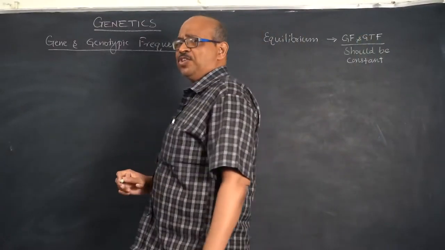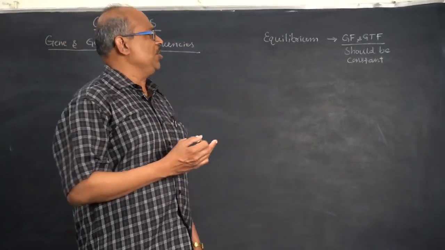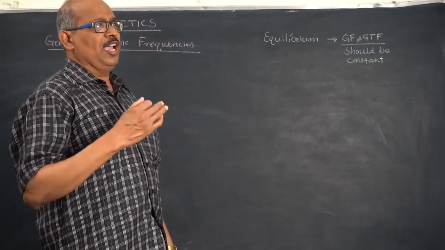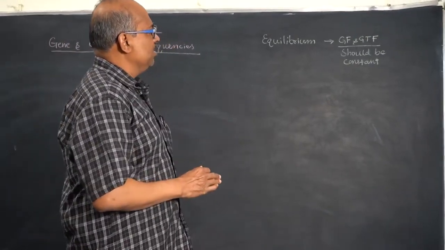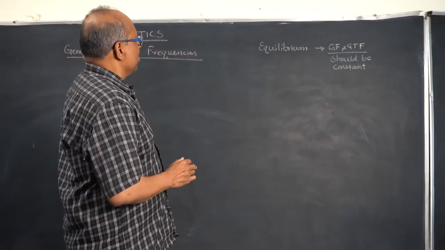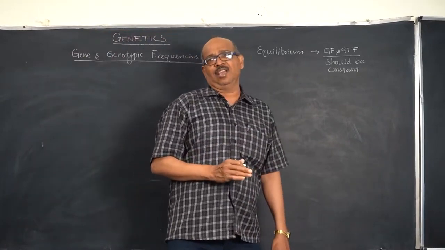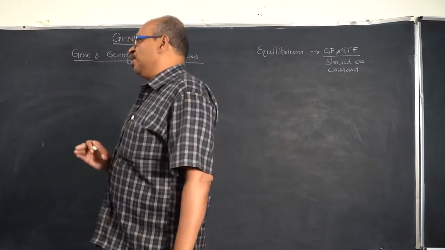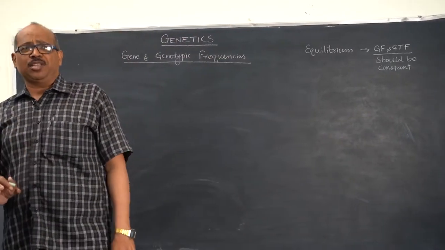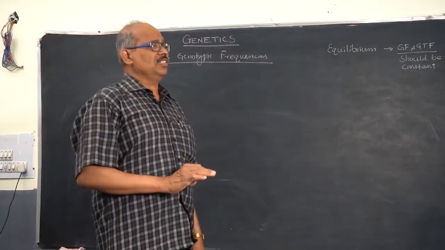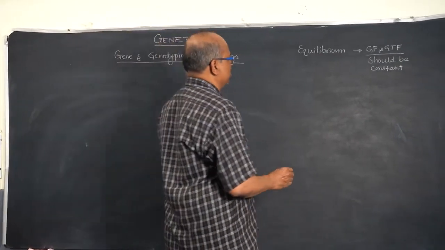So from one generation to the next generation, if you go on calculating the gene and genotypic frequencies of a population which is present in equilibrium, then they remain constant. Such populations cannot be subjected to evolution. For a population to be subjected to evolution, it is a must that the population is subjected to evolutionary forces